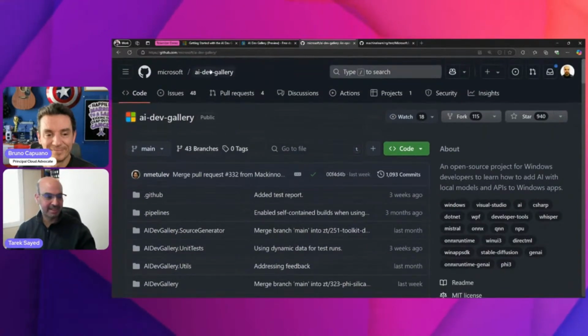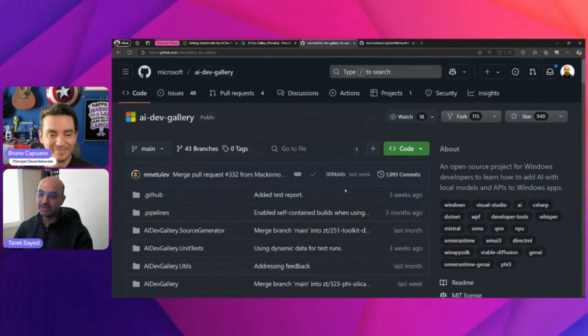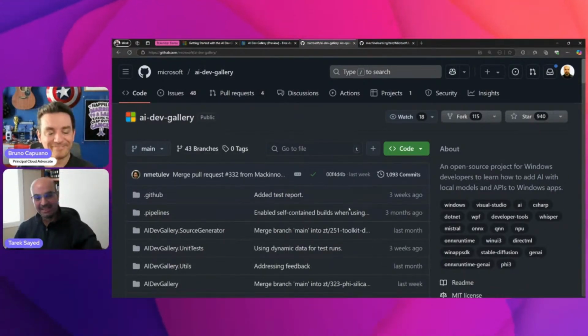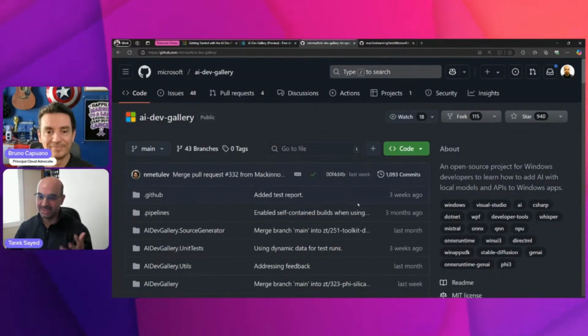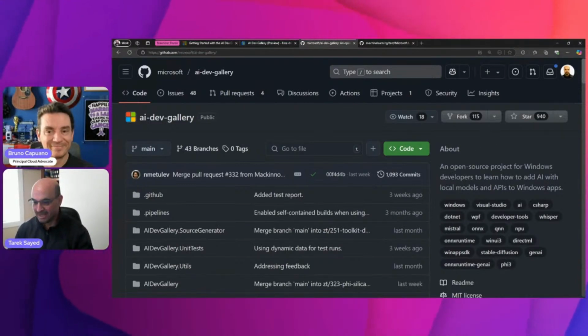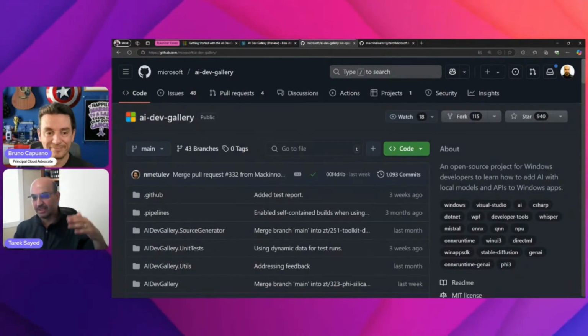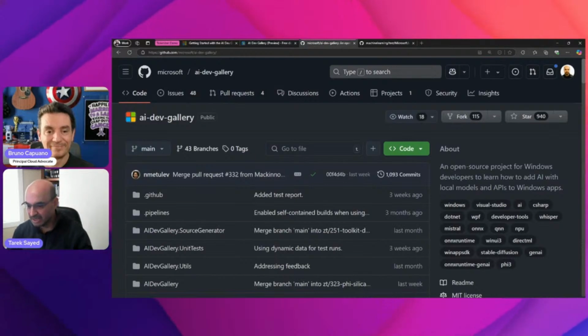So the cool thing is you can clone this repo, open Visual Studio, and run it. You don't have to download the application; you can clone this code and run it inside Visual Studio, and you will get the same result. But the good thing is you can actually debug the code and see how stuff works. So I'm going to use this application just to show the real scenarios that the tokenizers get used with.